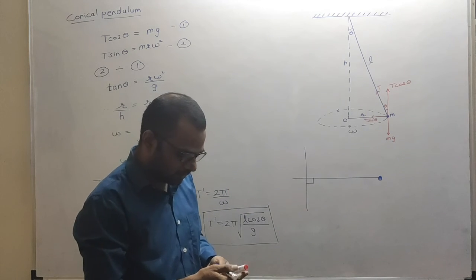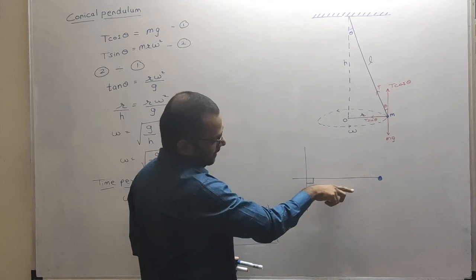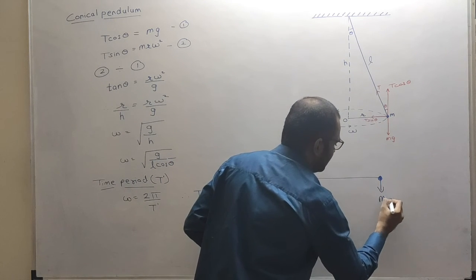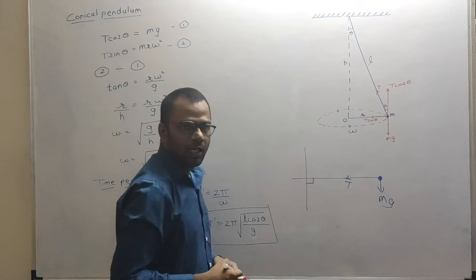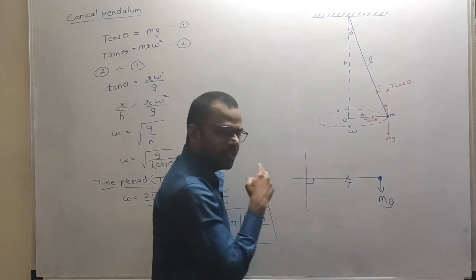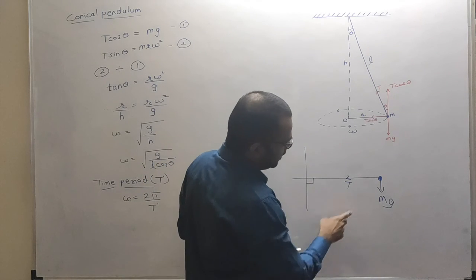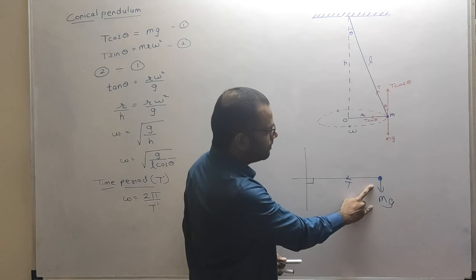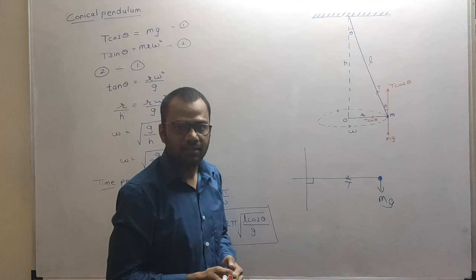But let us see it from a different perspective. Now if the angle becomes 90 degree, the mg force will still act in this direction. The tension in the string will be like this. As you can see, the tension in the string will provide the centrifugal force. There is no doubt in that. But as you can see over here, there is no force to balance this force mg. Getting this? And hence this situation will never come in practice.